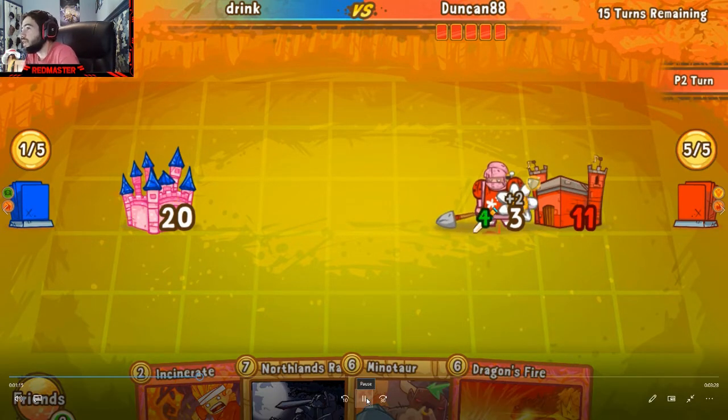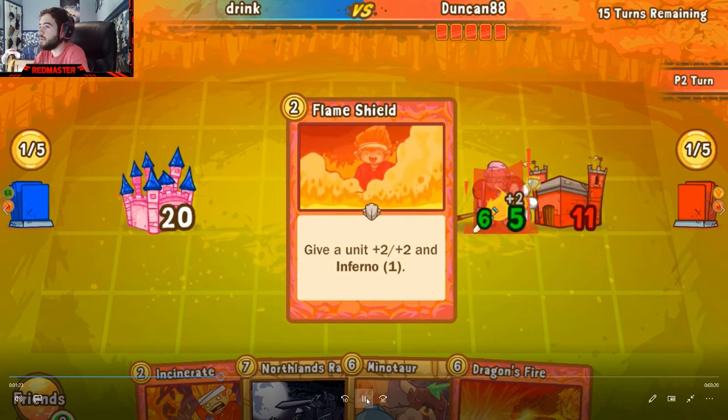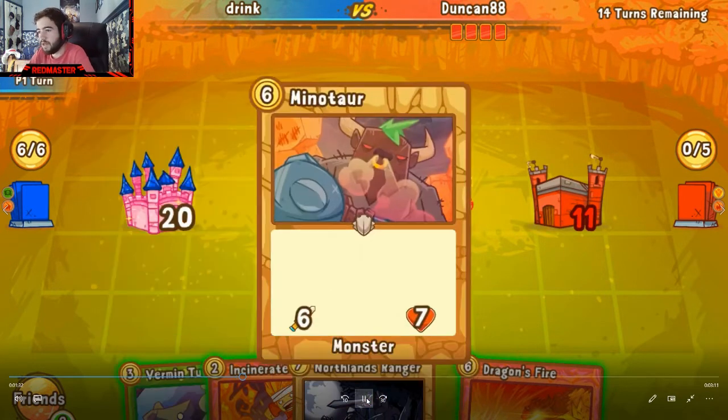Knight of Flowers is going to get his little buff there, so now 4-7 thanks to the Heavenly Shield. And Inspire being played brings out a Guardian and Hassan City Guard. Flame Shield, though, being played on the Knight of Flowers, plus another armor, 2, so 6-11, that is. That is a...